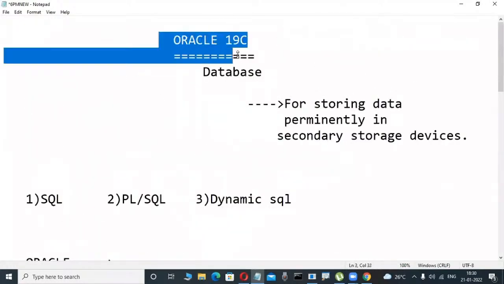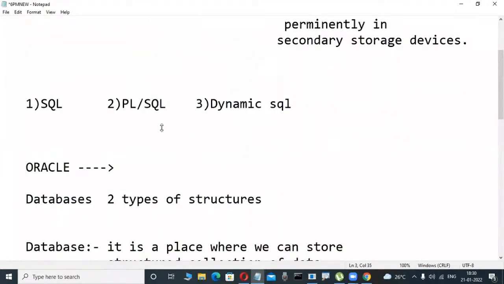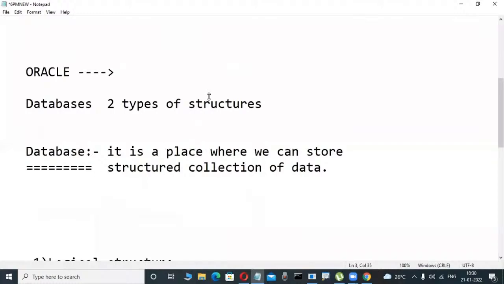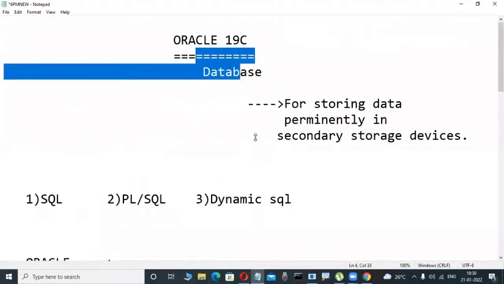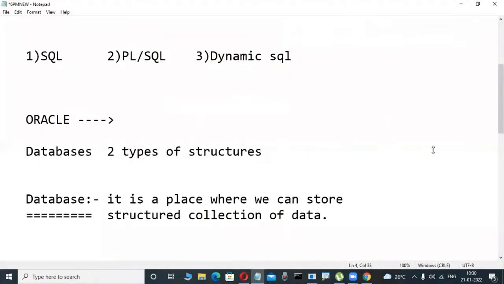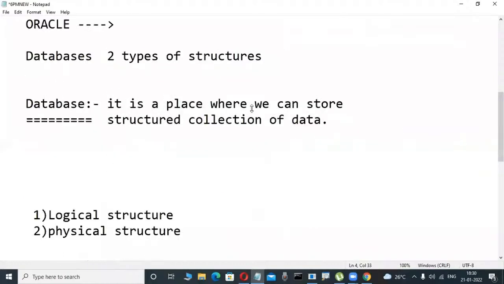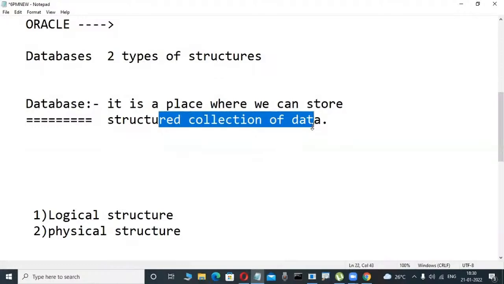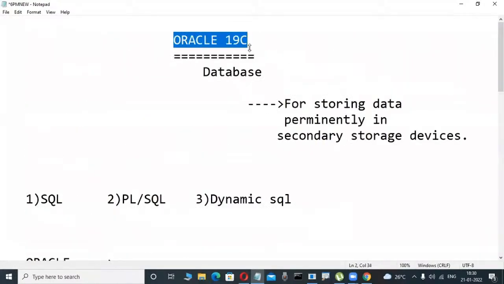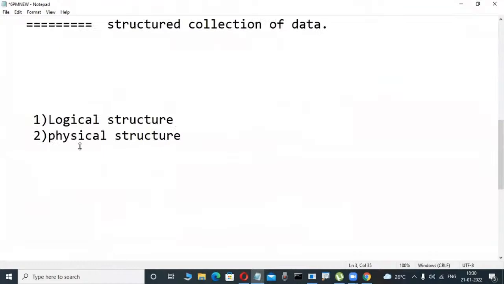Actually, whenever we are installing this type of Oracle or relational database software, what is a database actually? It is a place. Whenever we are installing this type of software, automatically some place is reserved in the hard disk. In that place only, we can store a structured collection of data. Okay, fine. But whenever we are installing these types of software,